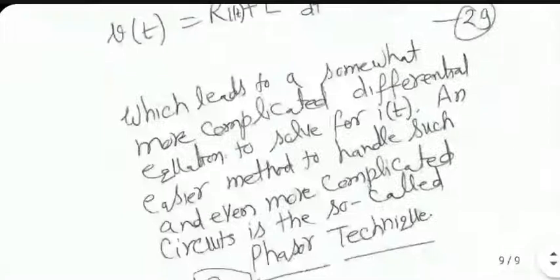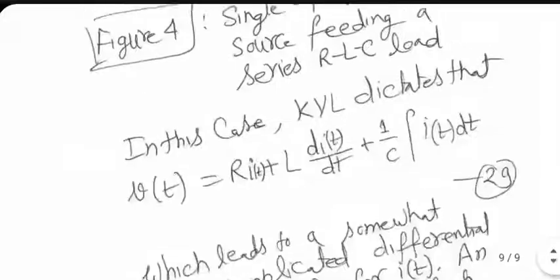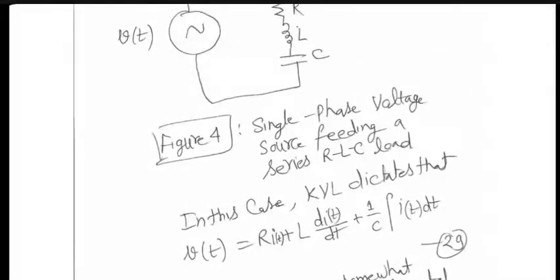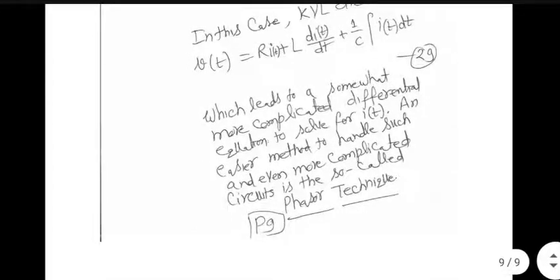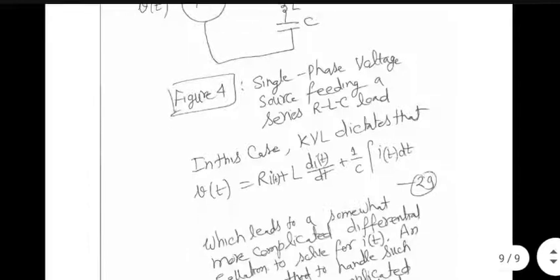And you can see that now you have to solve an integral differential equation to get the value of i. Can be done. I'm not saying it's not possible, but after coming to this kind of circuits, we will prefer to do the analysis in a lot more straightforward manner. And that is where we go to the frequency domain. This circuit can be analyzed in time domain. I know you have also done it several times, I'm sure. The point here is that life will be simpler if we can move to frequency domain at this point. That way, integral coefficient and differential coefficient will not come into the picture at all.